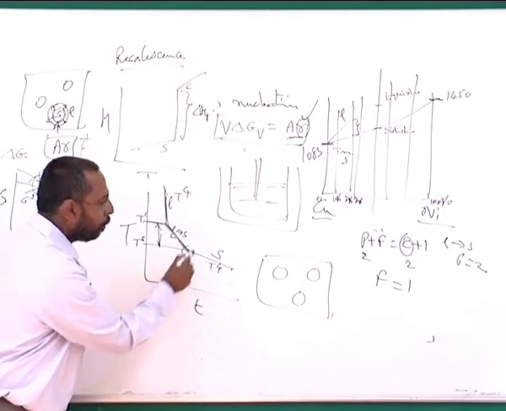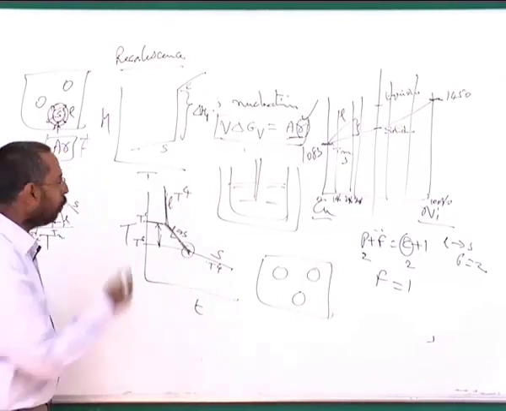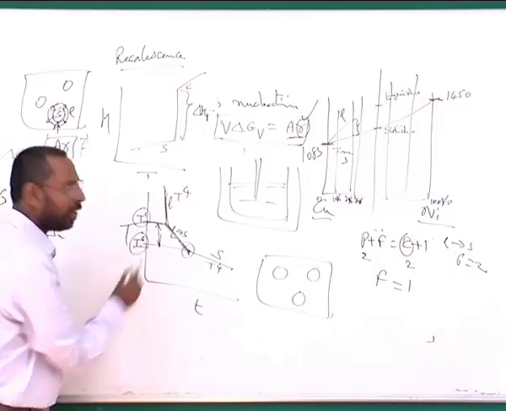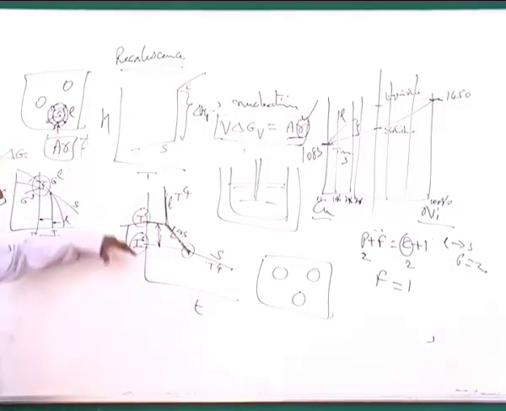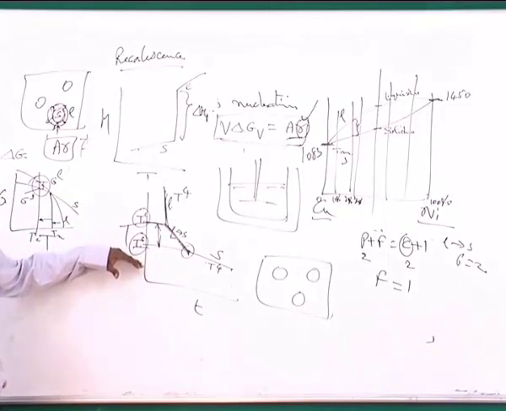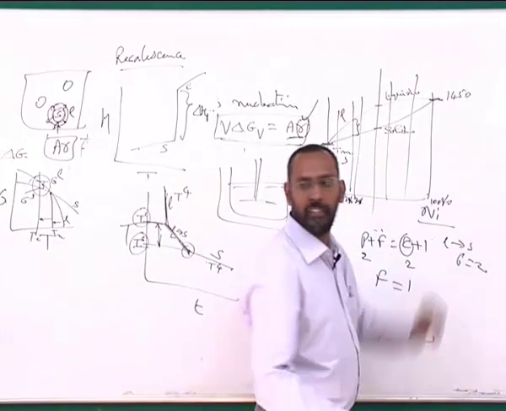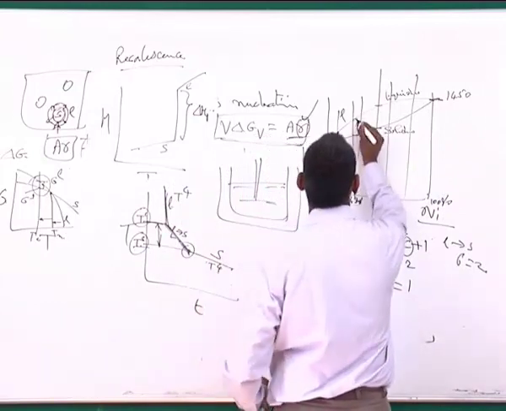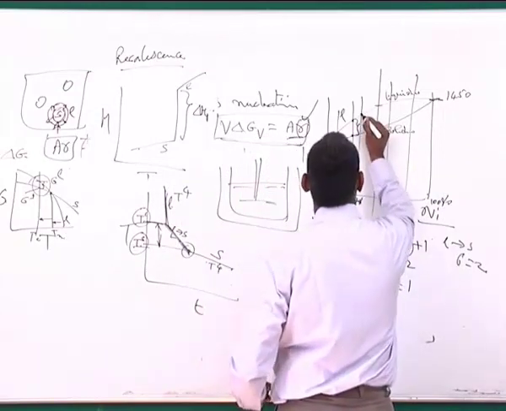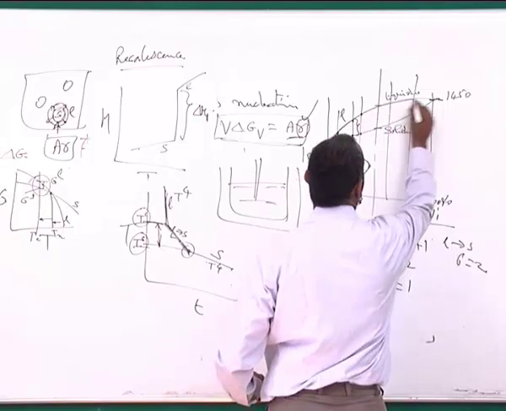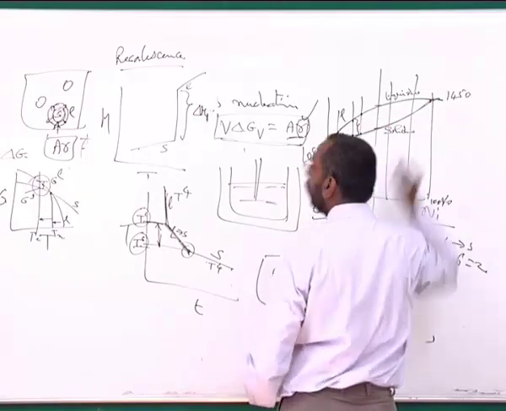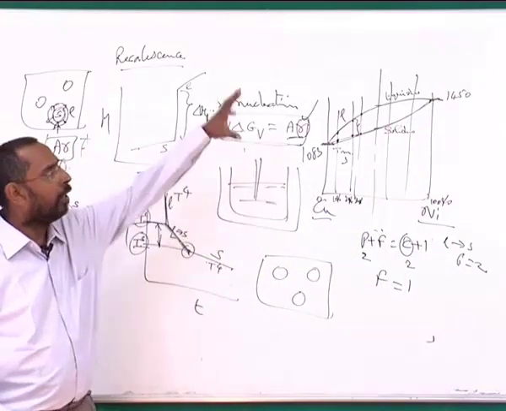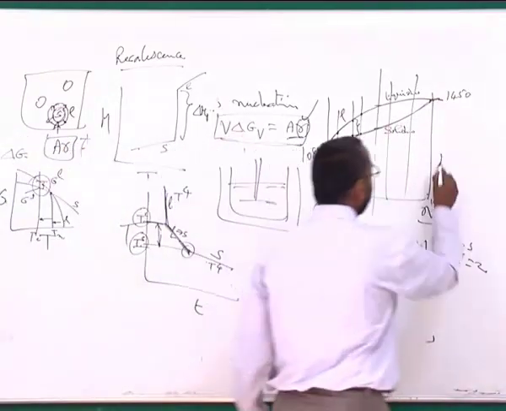And from the slope change that has happened from this to this, you will be able to recognize that there is another thermal arrest. So there are two thermal arrests here. One is called liquidus, another is called solidus. And now if I do it for various alloys, for each alloy you are able to generate these 2 points. And if I join all these points, I am able to get the liquidus and I am able to get the solidus. So this is how we can get the whole information about the phase diagram by simply using a